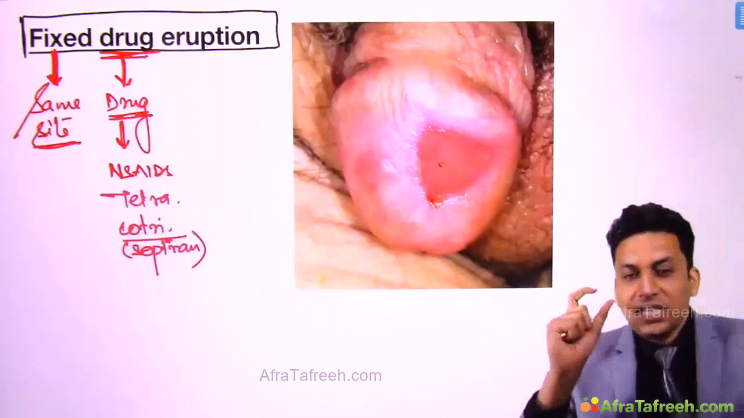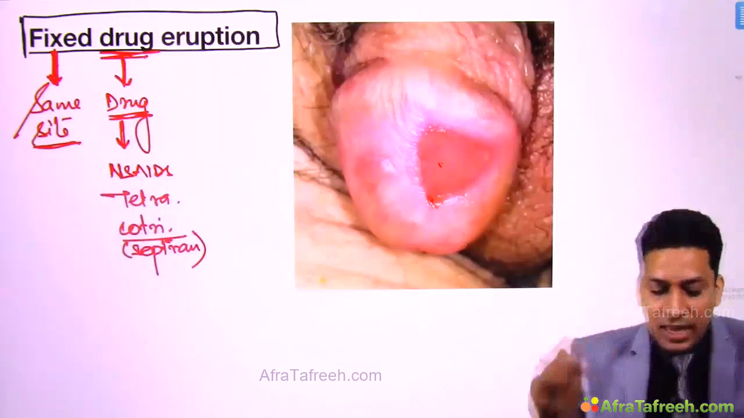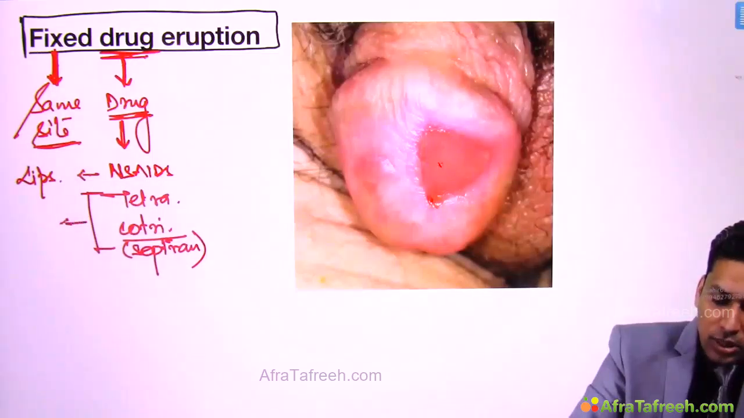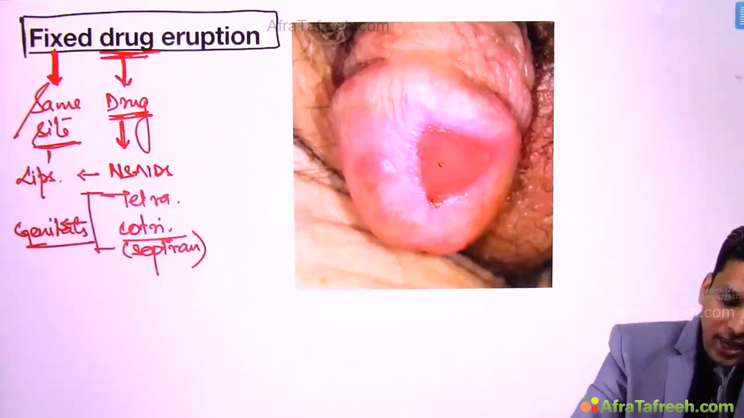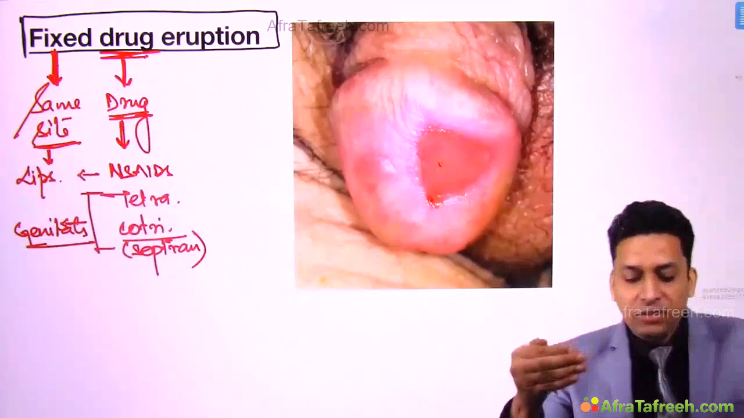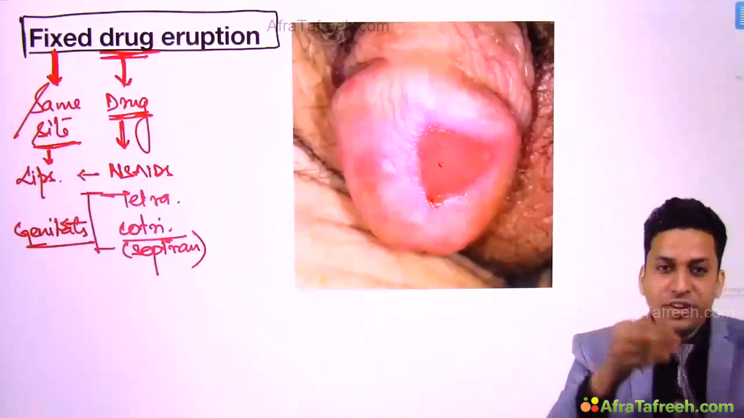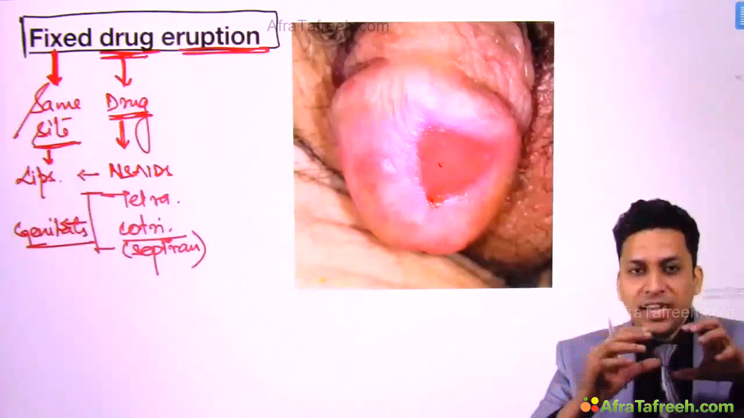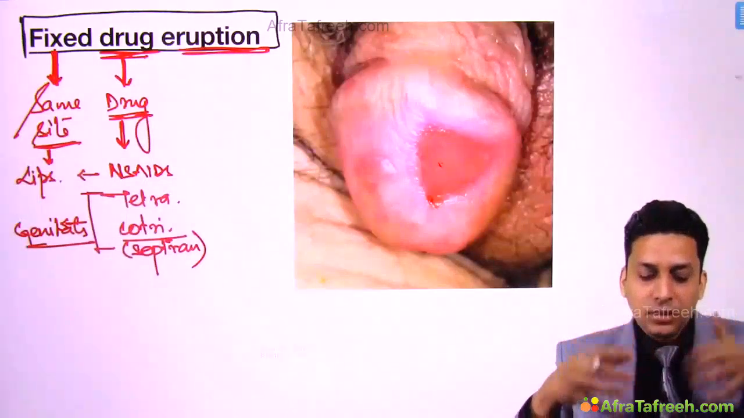Now these drugs have a drug-specific pattern. NSAIDs generally cause lesions over lips. Tetracycline and cotrimoxazole generally cause lesions over genitals. So these are the common sites, and every time the patient takes an NSAID, a lesion will develop over lips. So that's why we call it fixed, same site eruptions. Whenever the patient takes these drugs and is allergic to the drug, the patient develops this